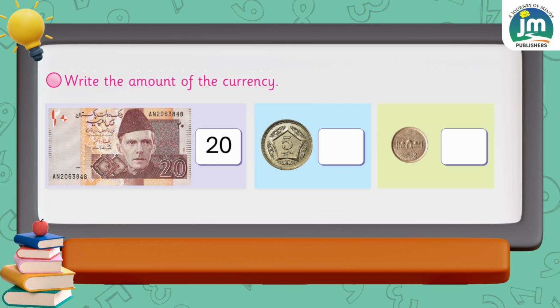Second one is the coin of 5 rupees. So write the number 5. Last one is the number 2 rupees coin. So write the number